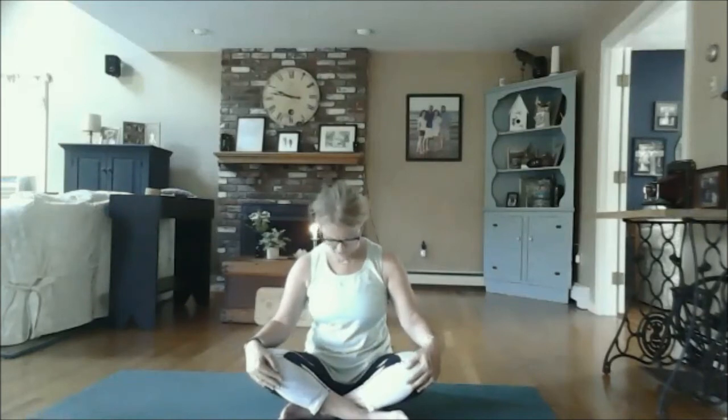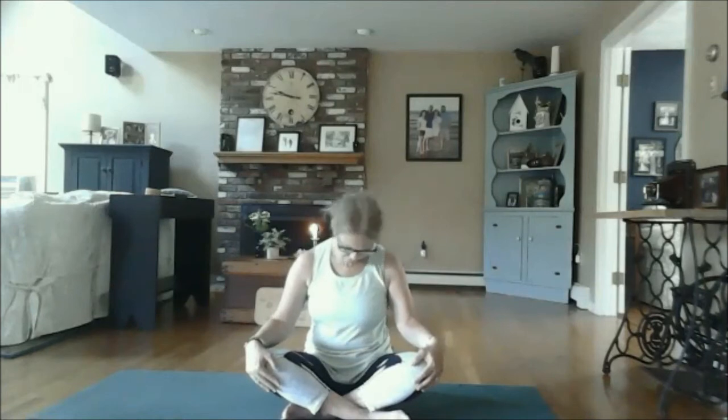Bring your hands to Anjali Mudra, which is prayer pose. And then bring your hands, you can flutter your eyes open, bring your hands to your knees, and we'll just do some head rolls. We'll drop our chin to our chest and just gently roll our head around mindfully,